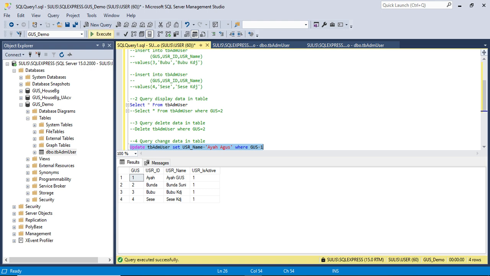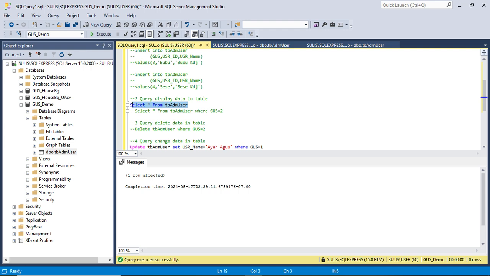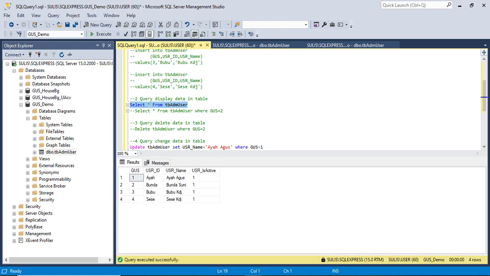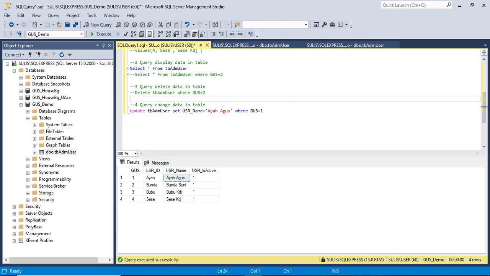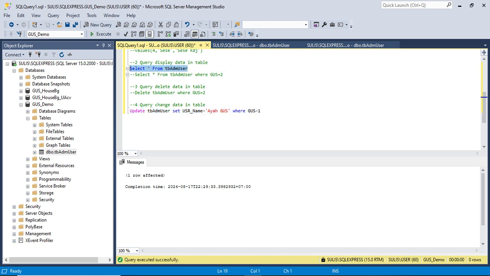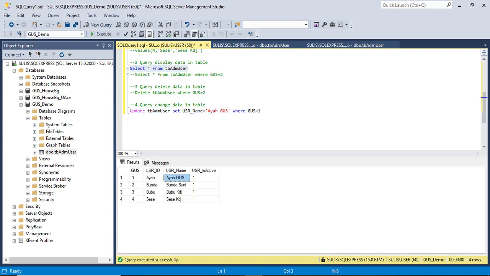Now, let's execute. Notice that this username will be Ayah Agus. Now, let's check the data. You see, it becomes Ayah Agus. What if I want to update it again to be Ayah Gus? Simple. Update again and execute. Let's check the data. See?